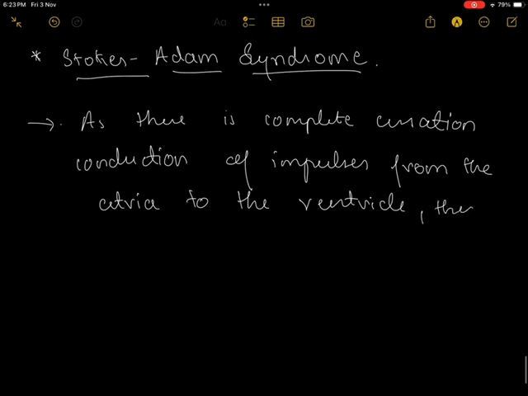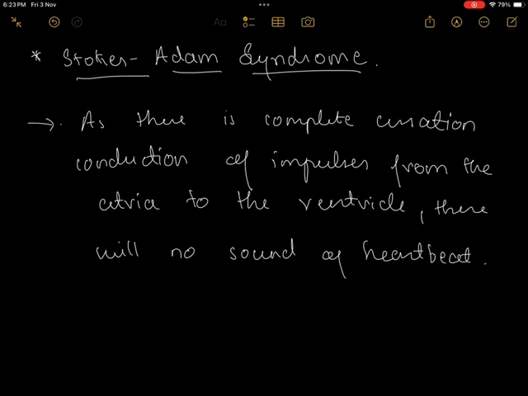As there is no conduction of the impulses, there will be no sound of heartbeat, a complete cessation of heartbeat. So during this time what happens is,